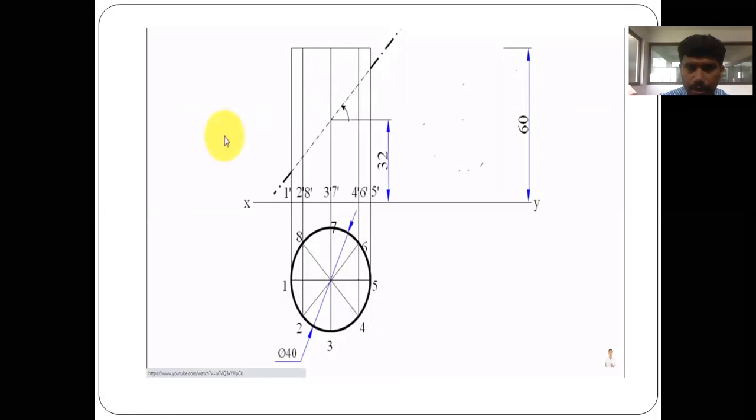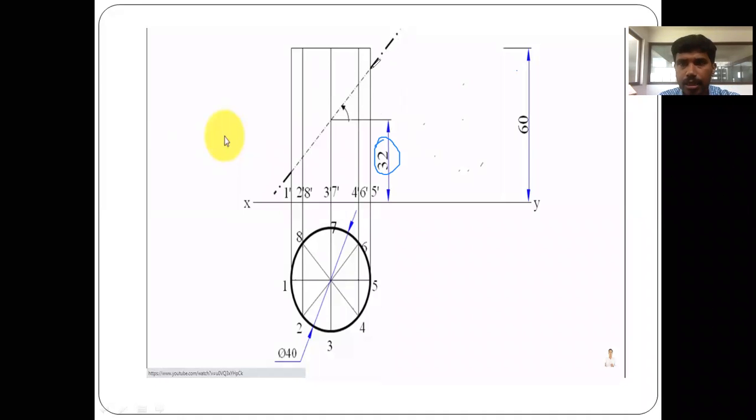After this, you have to draw a cutting plane at 32 mm, exactly at 32. We cut it in the section plane. It can be seen in the front view. The section plane is perpendicular to HP, which is going to be seen in the